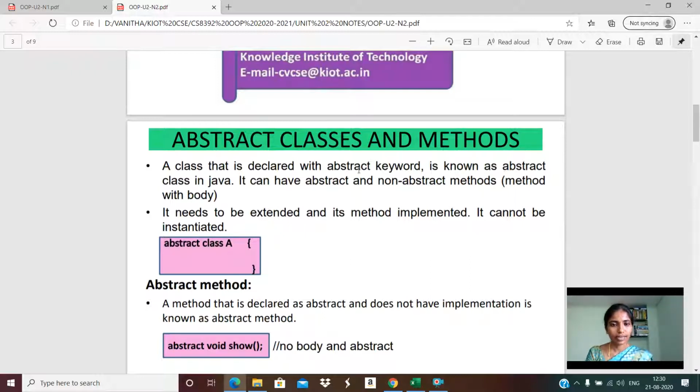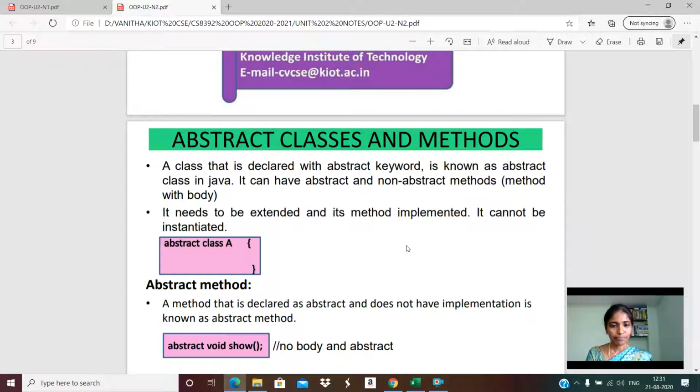If you declare a class with the keyword abstract, we call it an abstract class, and it contains abstract and non-abstract methods. Non-abstract means without the abstract keyword.